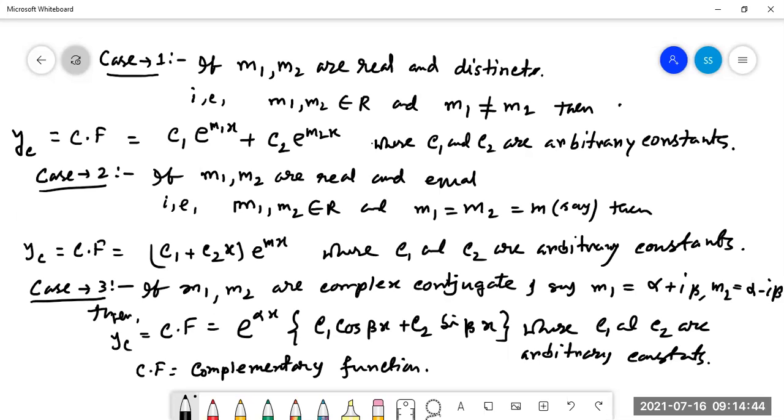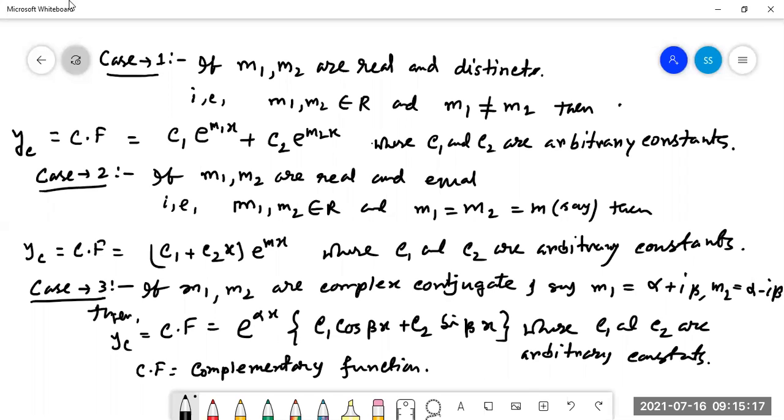So to sum up, we can say that to find the CF, we have to remember these 3 formulas, case 1, case 2, case 3. There are 3 formulas we have to remember always to solve the CF. Is it clear to everybody? If you nod your head affirmative, then I go for the next part. Yes, sir.